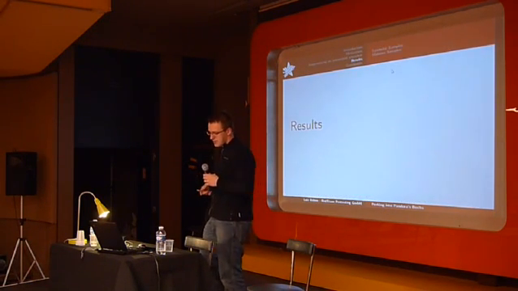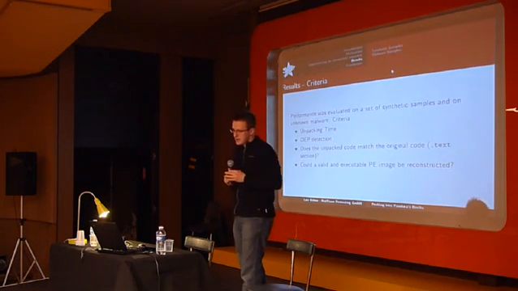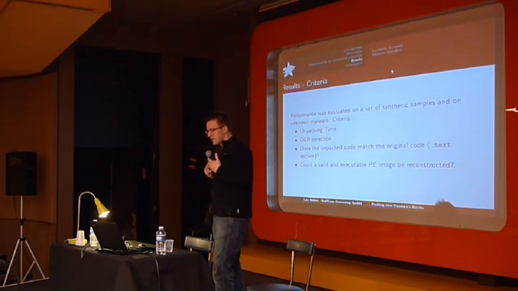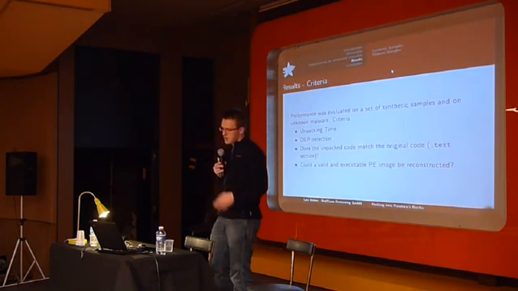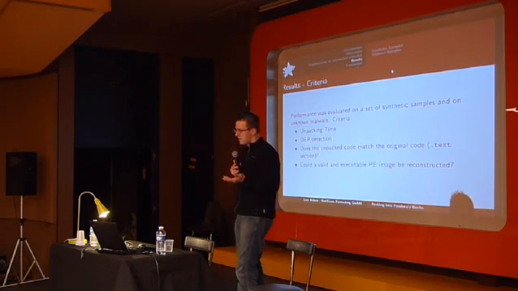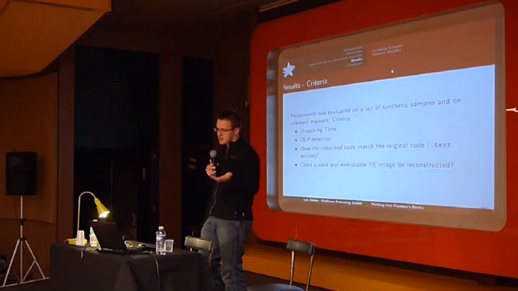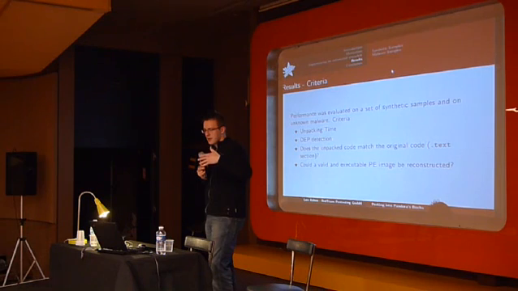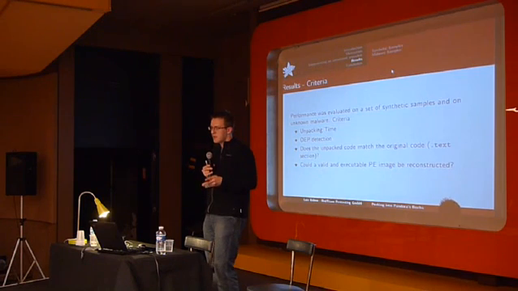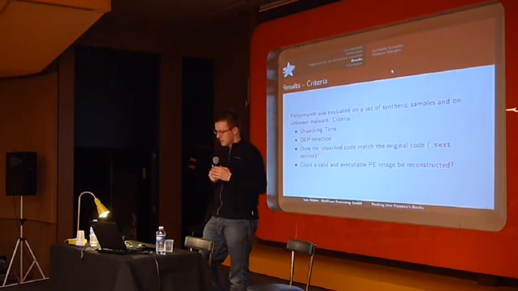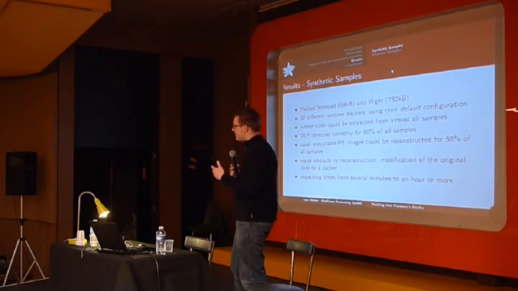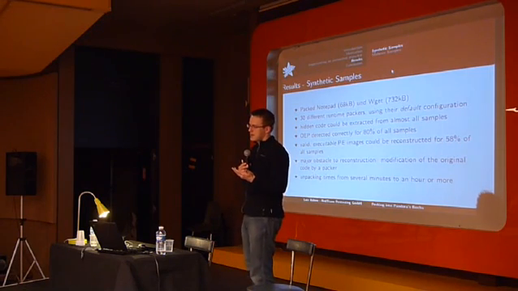What are the results of this solution? During my thesis, I should generate some numbers to say something about the performance of my project. Some of the criteria there: unpacking time, the correctness of OEP detection. Is the unpacked code actually what the runtime packer packed before? And in the end, could I reconstruct a valid and executable image? I evaluated this in two ways. One was a set of synthetic samples. The other